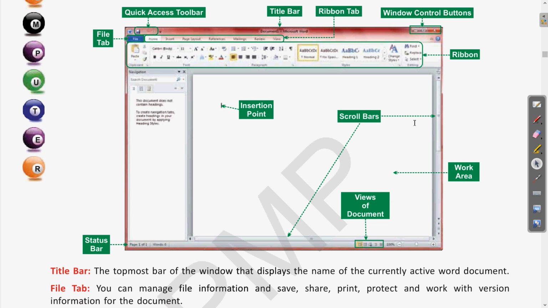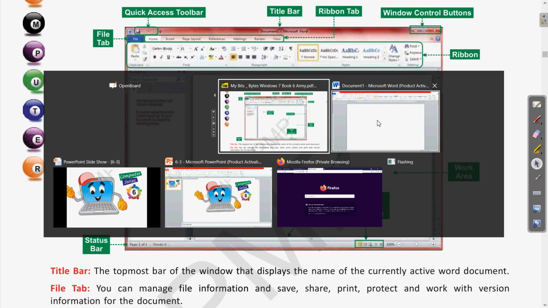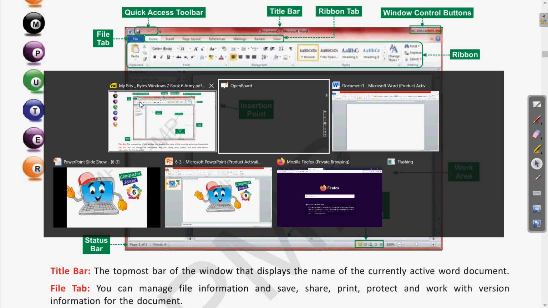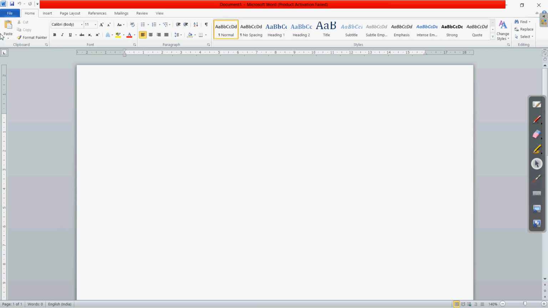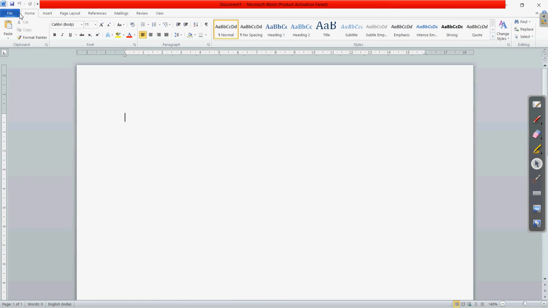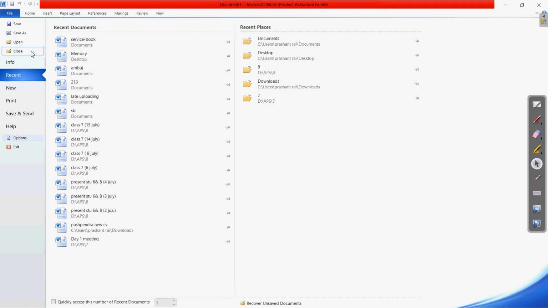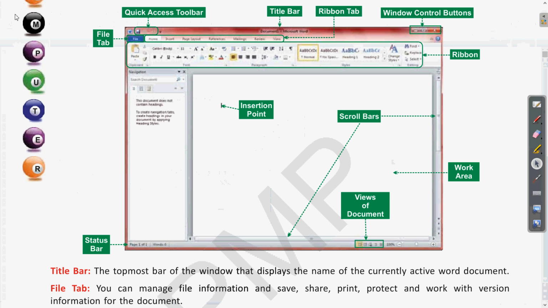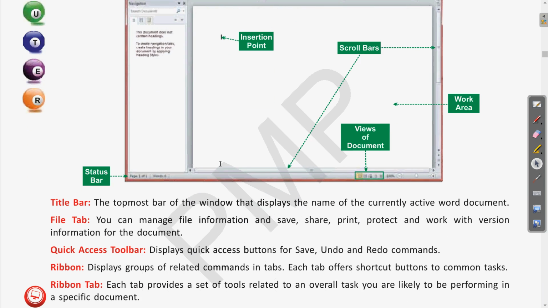Let us come to the software window. Here you can see when you click on this file tab, these are the different tabs related to that, and in the file tab you can do different things, and the earlier documents which are there, you can use those. Clear?